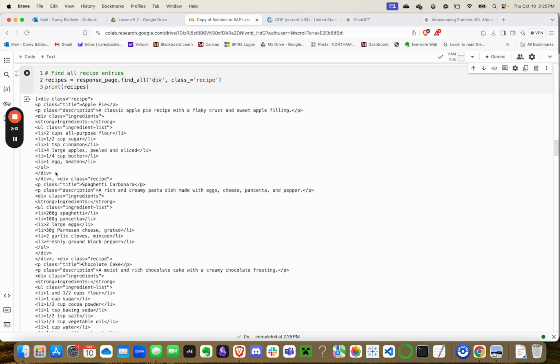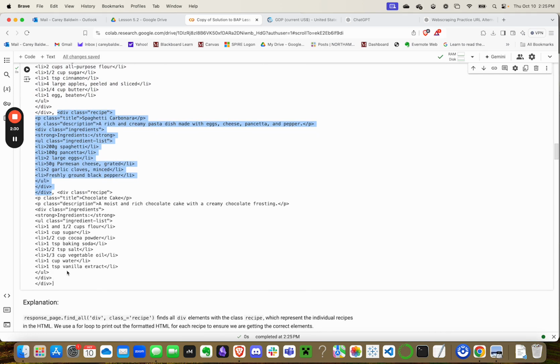Okay, so these are all of the elements, and here's how they are separated. So notice there are commas between them. So this is the first recipe with a div tag and a recipe class. Where's the next one? Okay, the next one is right here. Okay, and then commas separate these. When we use the find all function in Beautiful Soup, the output is actually a list. So this is what we mean by making the object navigable and usable in Python. So if I have a Python list, I know there are a lot of types of operations I can do